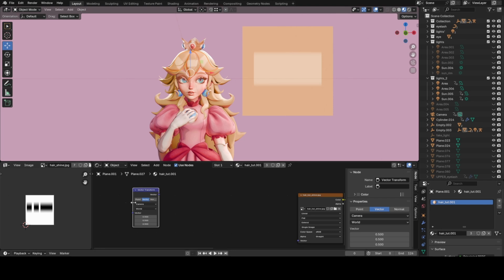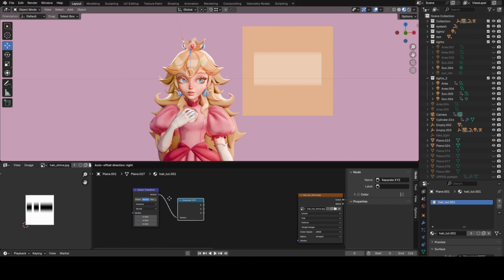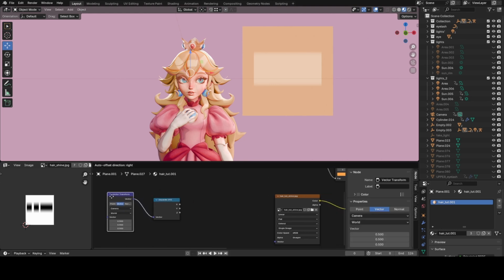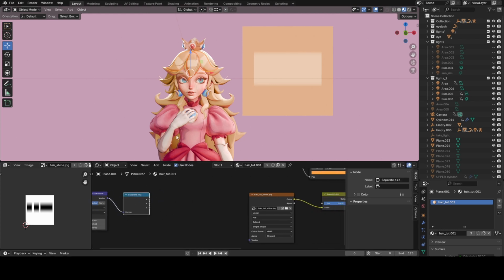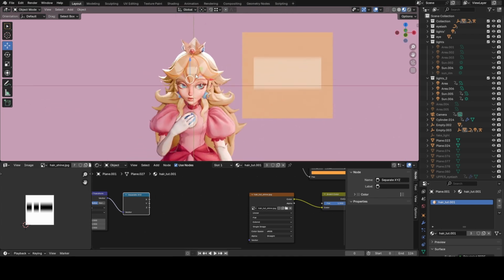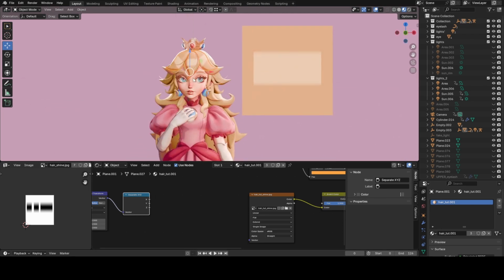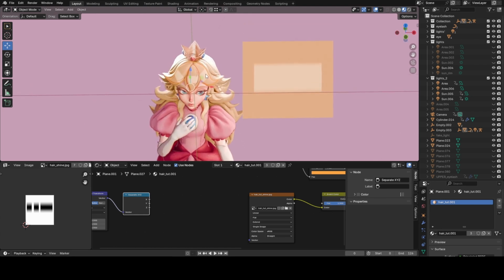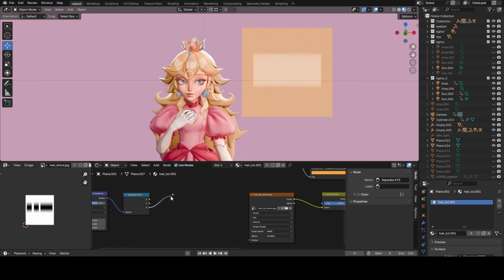So we basically need to be able to access that data. So we're going to tell the node that we want the X, Y, and Z information of that vector. And so we really only want the Z information because that's up and down, and we want this shine to follow our camera up and down. And so we're going to grab that Z,